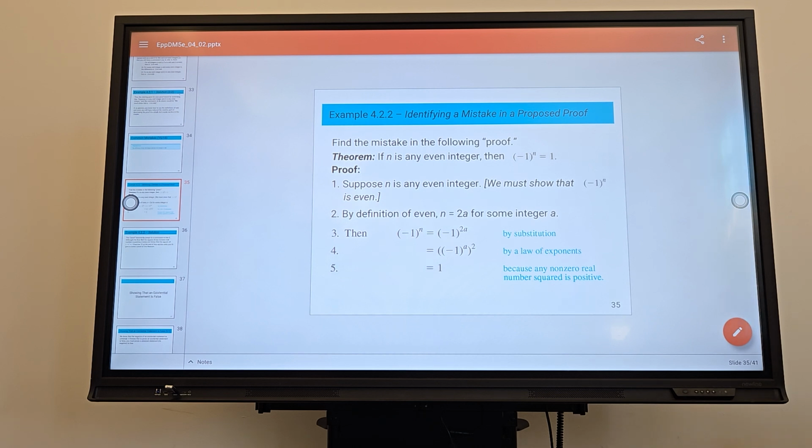The proof is, suppose n is any even integer. By definition of even, n equals 2a for some integer a. Then negative 1 to the n